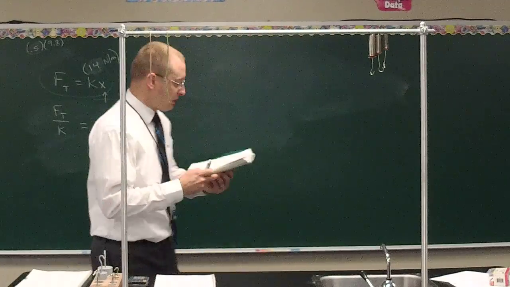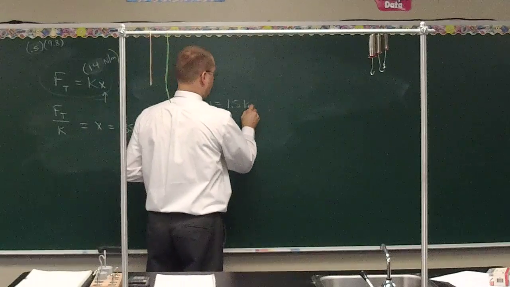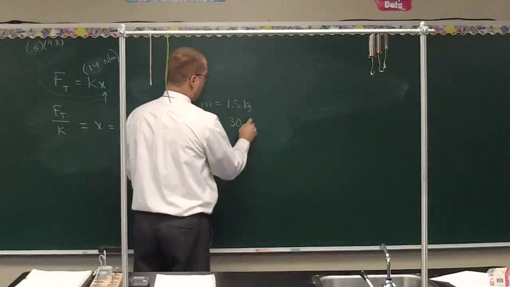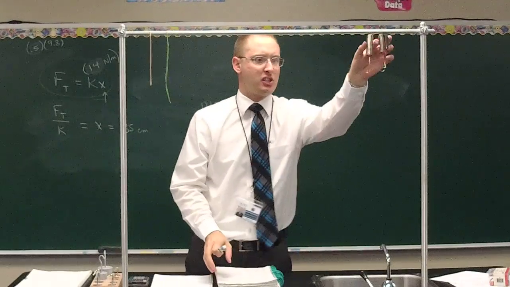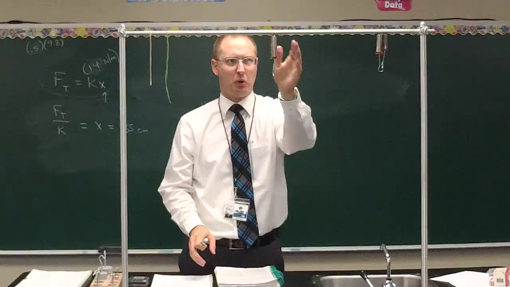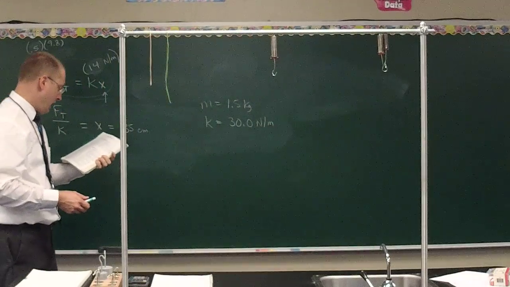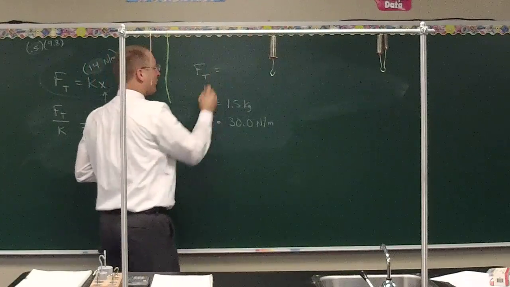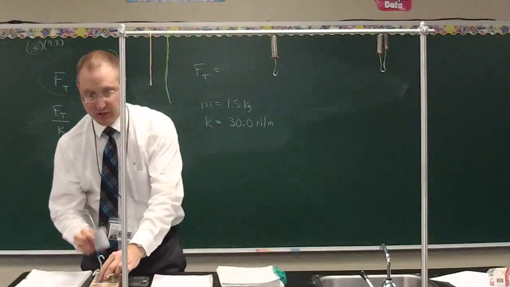All right, so we're given some numbers first of all. We're given the mass is 1.5 kilograms, and we're given the spring constant is 30.0 newtons per meter, so a little stronger than this spring here. Remember, this was 27, so a little bit thicker and stronger than that spring. And it said, what's the magnitude and direction of the tensile force? Well, what is causing, if I hung 1.5 kilograms,